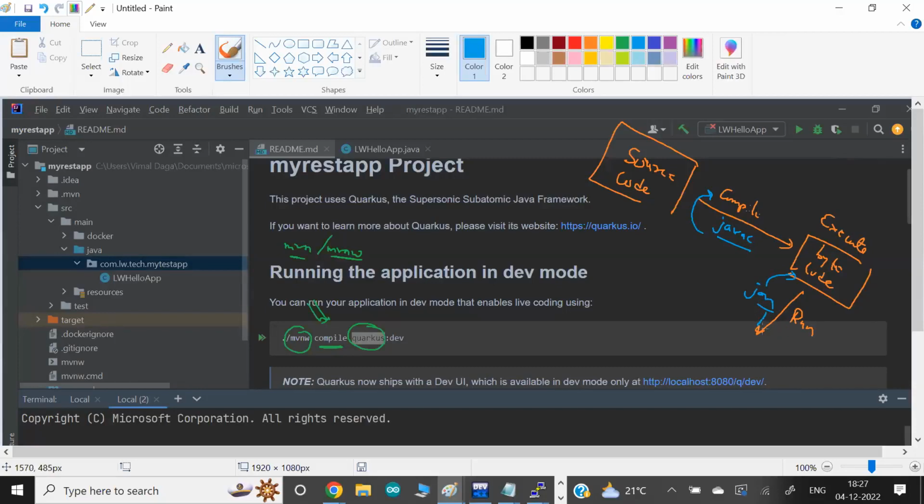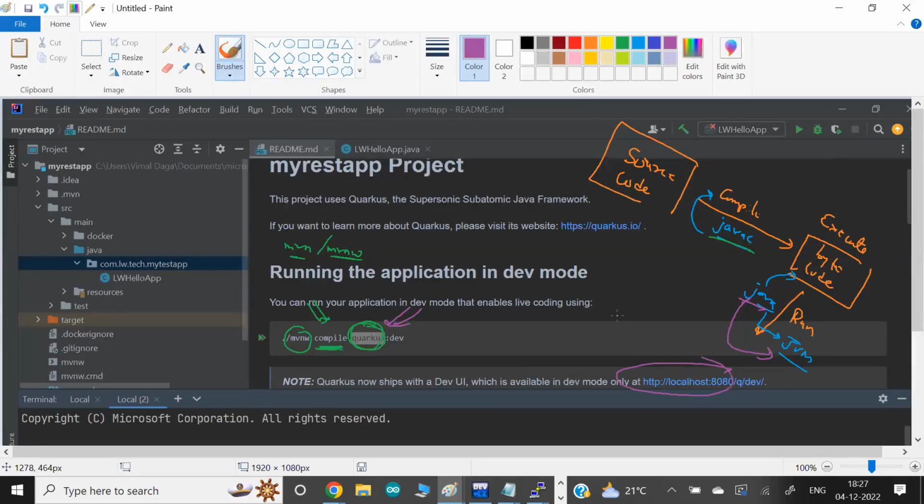And guys, by chance, if you might know, a Java program always runs on top of the JVM, the Java Virtual Machine. So Maven behind the scene compiles the code by calling the internal javac command. At the same time, we're giving the Quarkus option here, meaning we're asking Quarkus, your duty is to call the java command, run the Java code on the JVM, plus whatever extra capability you want to add. You want to add an API gateway or a port number, something like this.